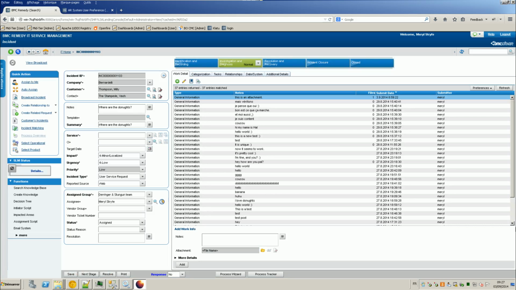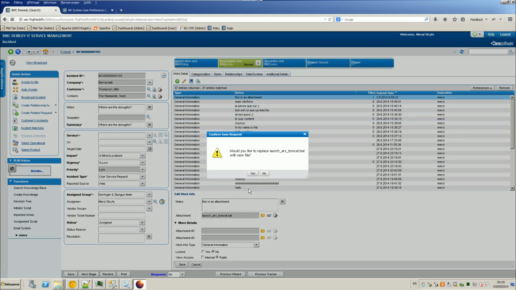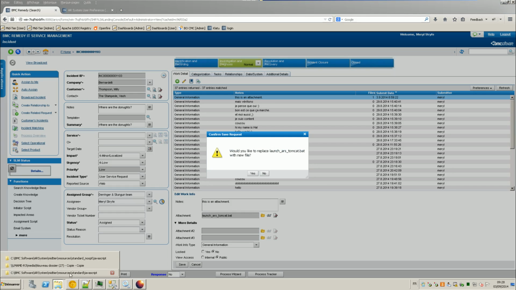Anyway, the question was, when you want to replace an attachment, he, she, well, I'll say he for now, wanted to change the message: would you like to replace? So he wanted to change that. So one thing you need to know is